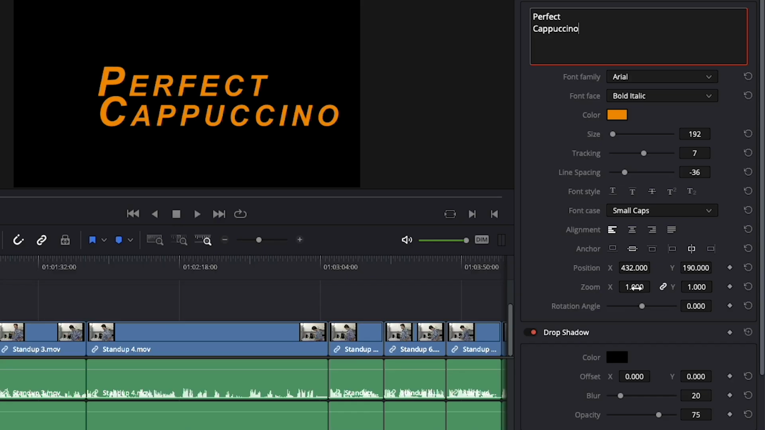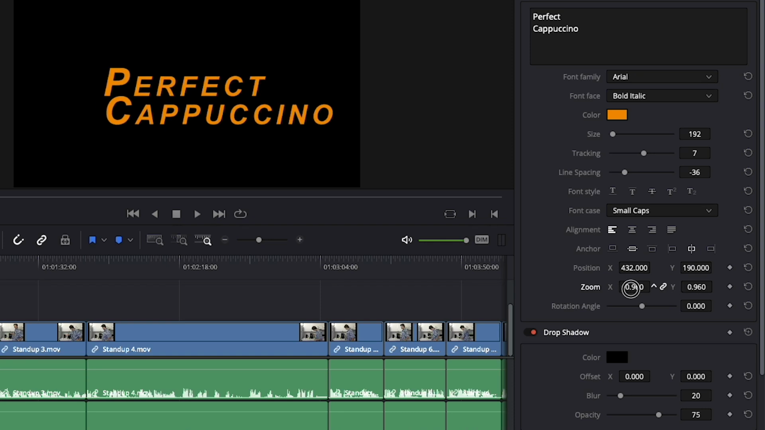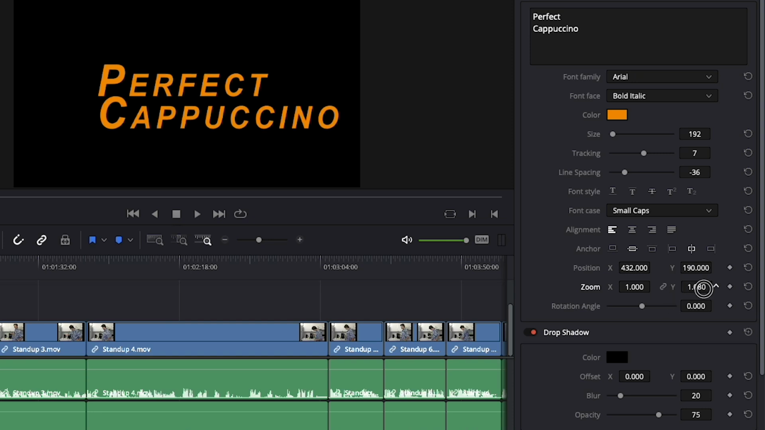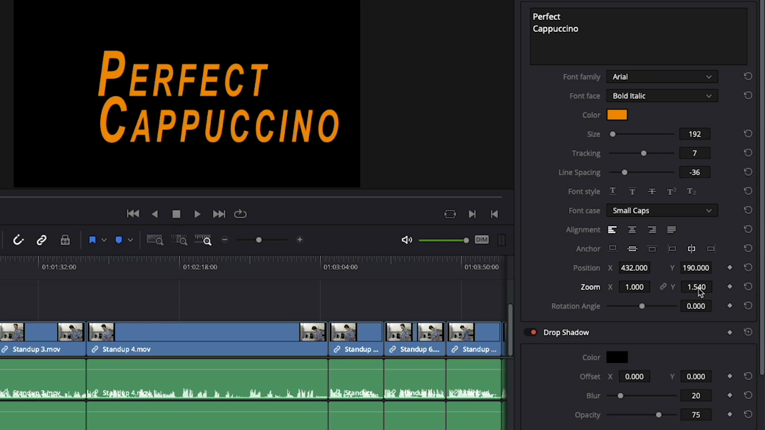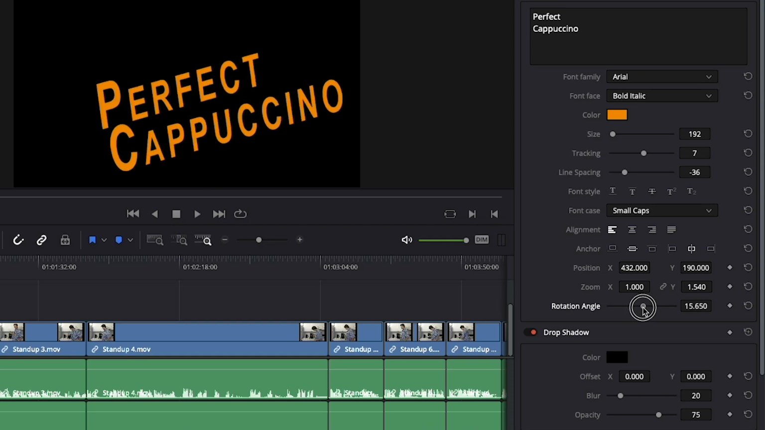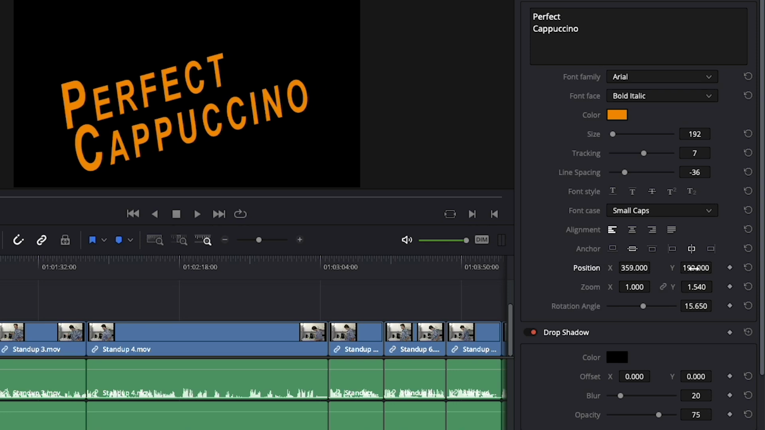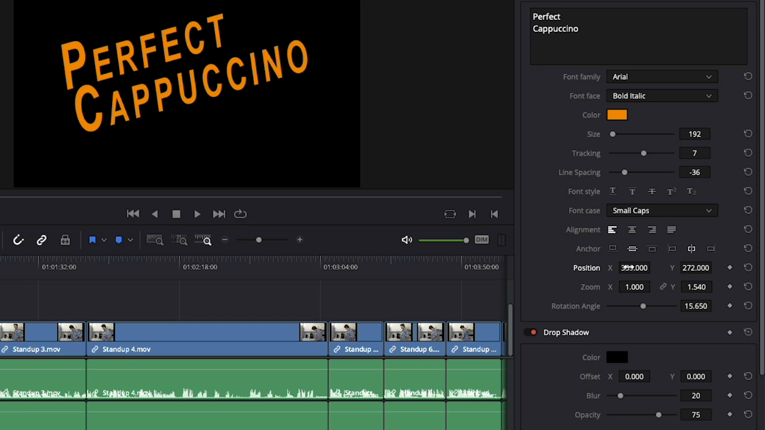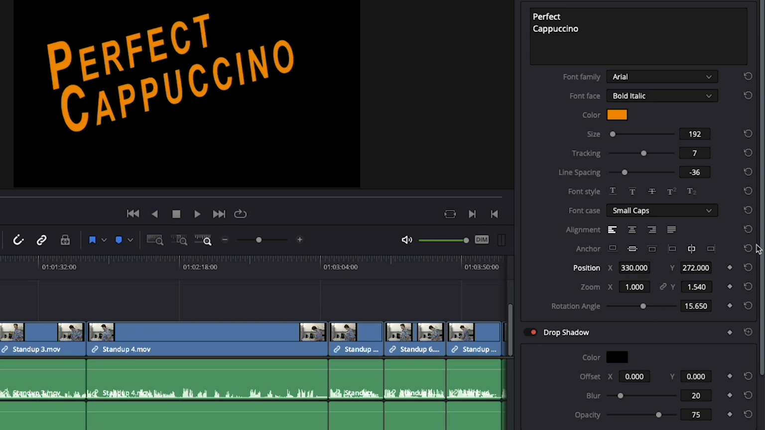X and Y zoom is another way to resize it, and you can see that I can detach one from the other. If I leave them attached, doing this is really no different than changing the font size. But if I detach them, I can do something like that. I can stretch it vertically a little bit. And then rotation does what you think it does. So I can sit here and spin this thing a bit, which is what I'm going to do. Okay. Moving on down here,